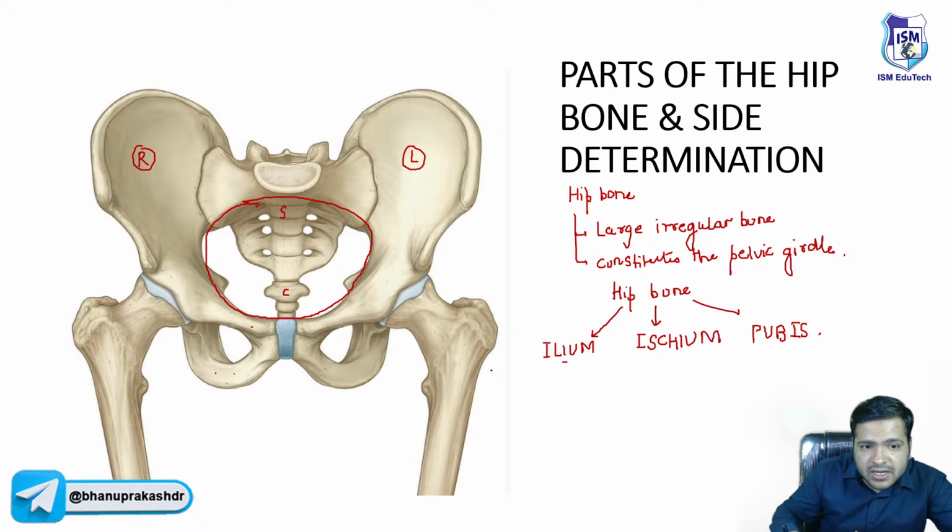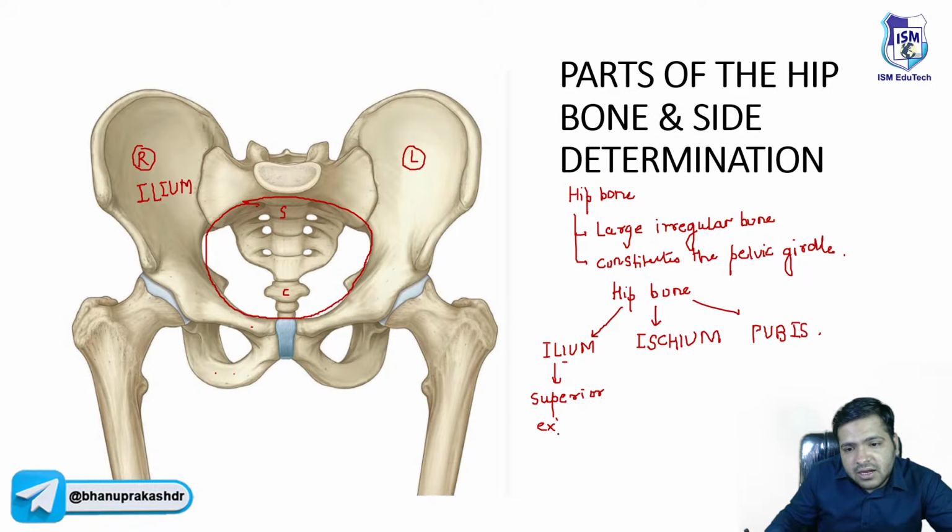Now beta, you already know ilium, it is the superior. देखो अब हम ऊपर से नीचे आ रहे हैं, ये देखो ऊपर वाला पार्ट है और ये नीचे वाला पार्ट है. So this is ilium. तो ये है ilium. तो ilium I can say it is superior, ऊपर की तरफ है. Yes, it is the superior expanded part. Okay, ischium, it is the